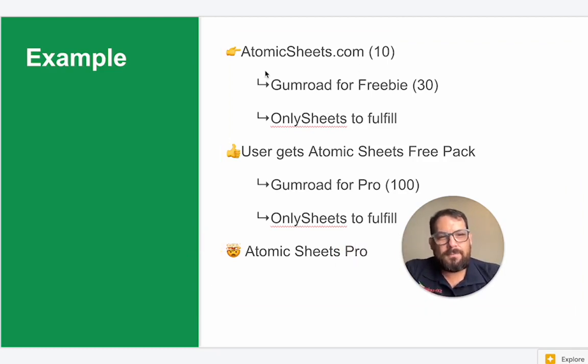So the steps to go through is I give a freebie. You need nothing other than just to go to atomicsheets.com and it'll redirect you to a Google Sheet. Get 10 free. Copy that sheet. Use those elements. If you want more, you can sign up for free with your email address. And if you want even more than that, you can pay for Atomic Sheets Pro. By the way, all Better Sheets members who are on the lifetime plan get Atomic Sheets for free. So they already got notified of Atomic Sheets and they get it for free.